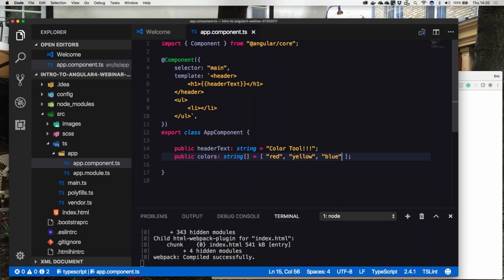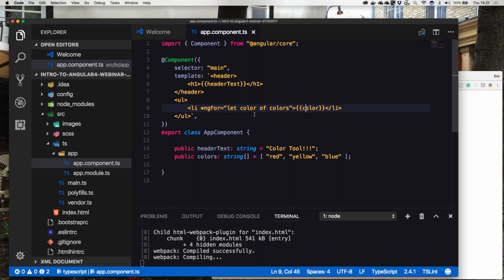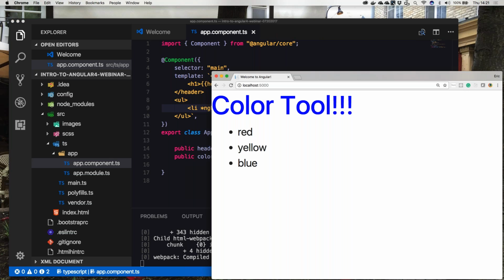So we have our red, yellow, and blue. Now what I want to do is I want to set it up so that I can iterate over these colors and display each color inside of a list item. I can do that using a structural directive called ngFor. So we're going to say asterisk ngFor, let color of colors, and then I'll use my template variable syntax, and I'm going to say color. So what's going to happen here is it's going to take each color off of the array, assign it to a variable called color. I can reference that color over here, and when I do, it'll then build me a list of those colors. So come back over to here, and now you can see I have a list of